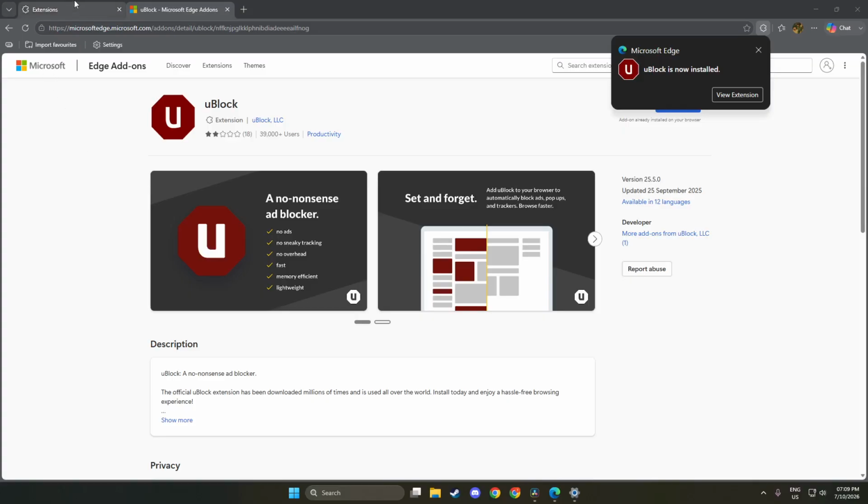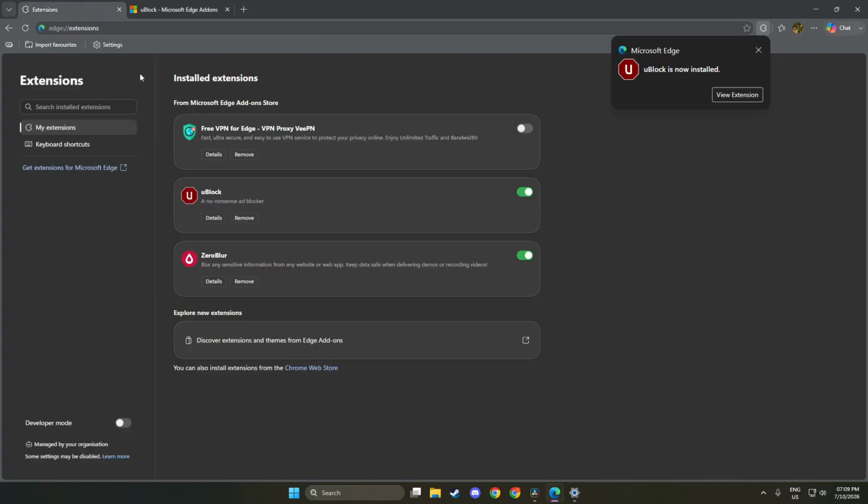After that, the ad blocker will appear in the Extensions menu. You can access this menu by clicking on the puzzle piece icon located in the upper right corner of the browser. This menu allows you to manage your extensions easily, including turning them on or off. Seeing the ad blocker in your extensions menu reassures you that it is installed and ready to start filtering out unwanted ads. Now you are all set.